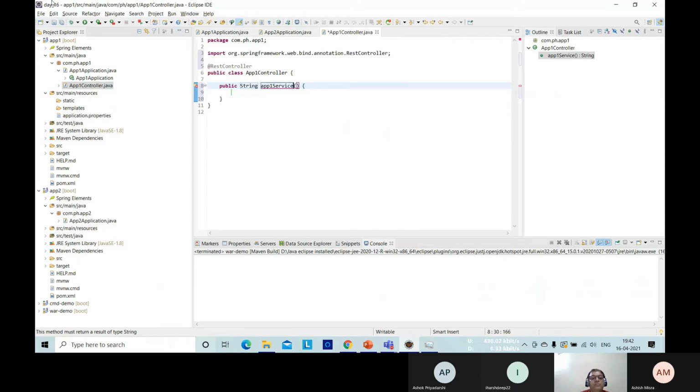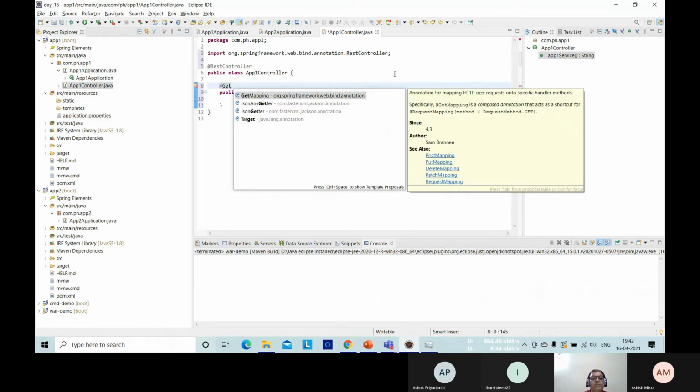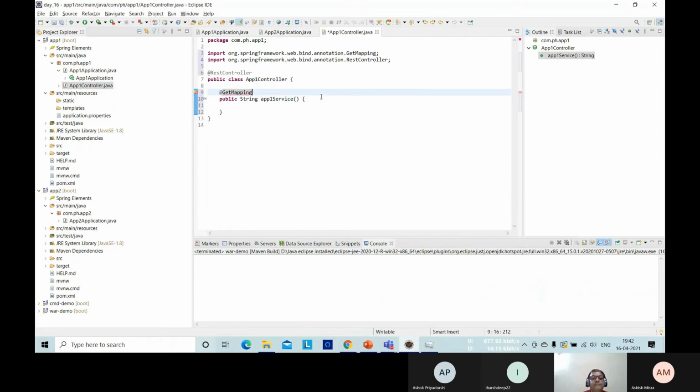Don't forget here. Okay. Now you have to associate a GetMapping. Let's say the mapping name I am mentioning is only app 1. Okay.